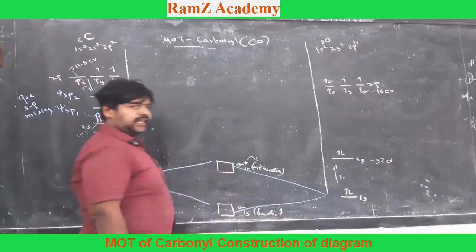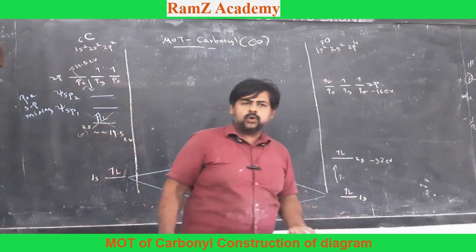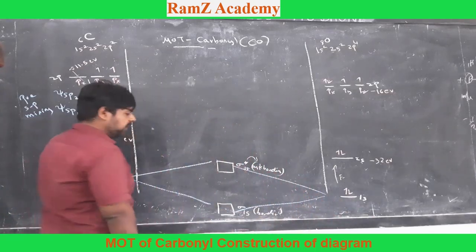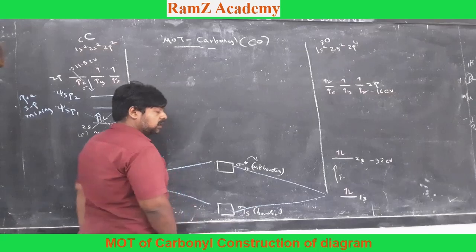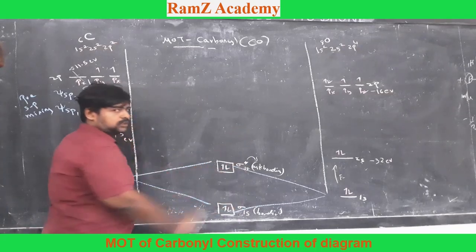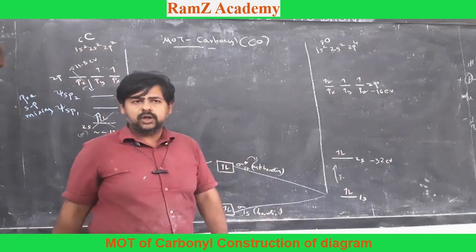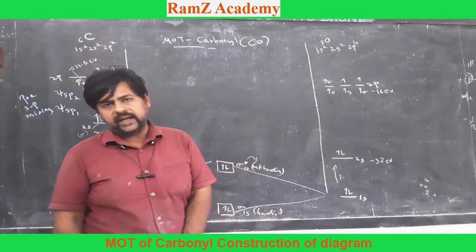So now you fill the electrons. You have two electrons on your left and you have two electrons on the right. That means in total you have 4 electrons. Just fill them following all the 3 fundamental rules. So 1, 2, 3, 4. That is how you fill this MOT diagram. So you have now got 4 electrons filled in your sigma and sigma star for 1s.